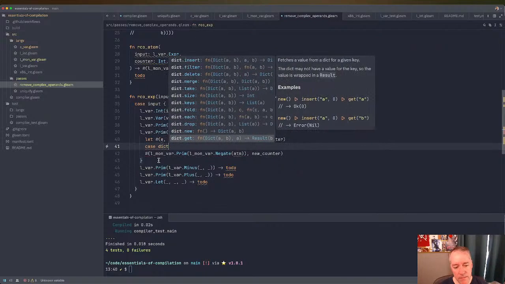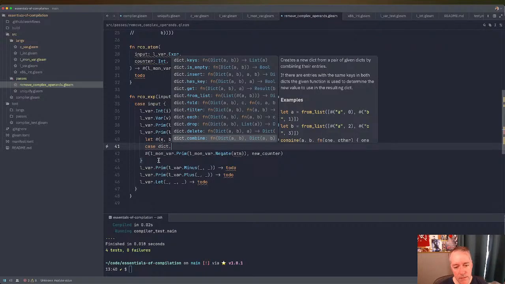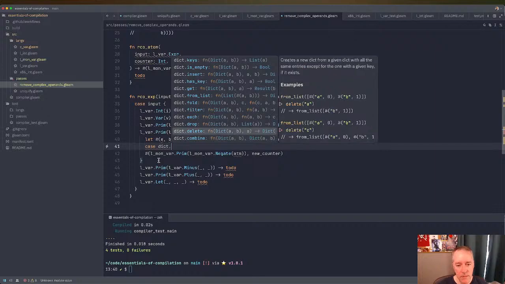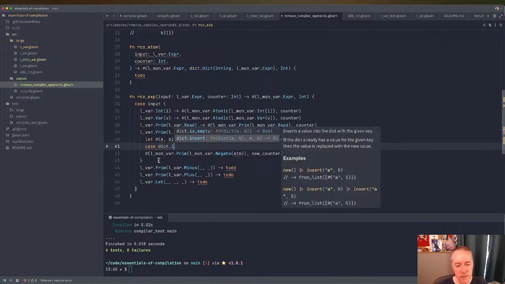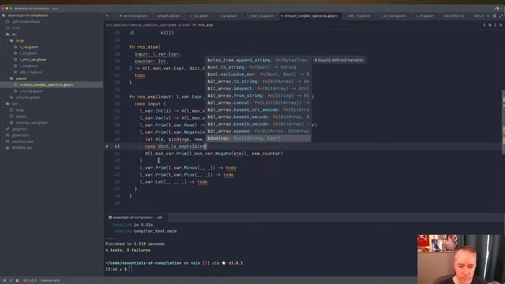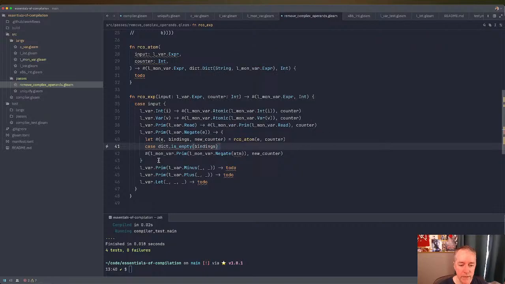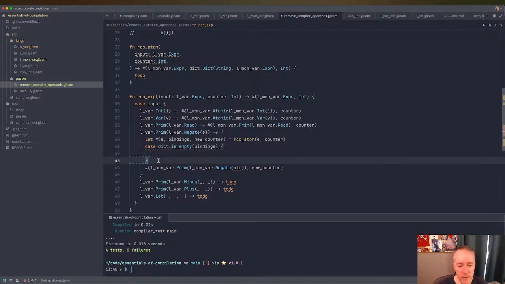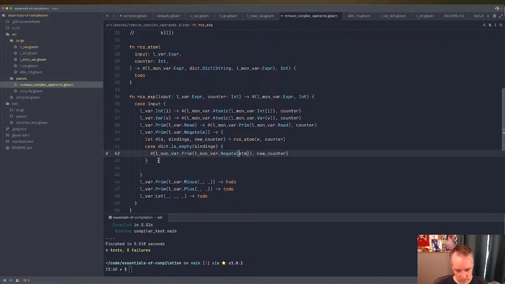So if we have, is empty. If we know that the dictionary is empty, then